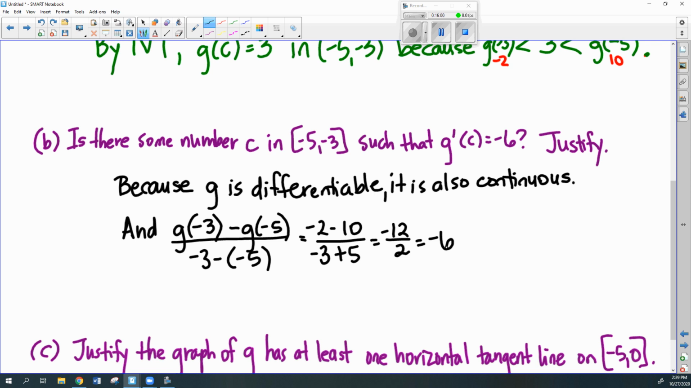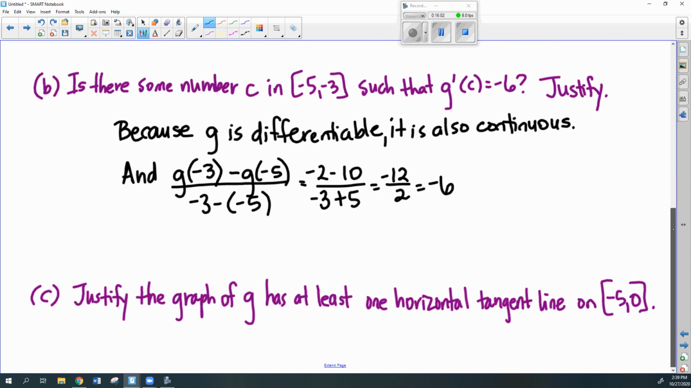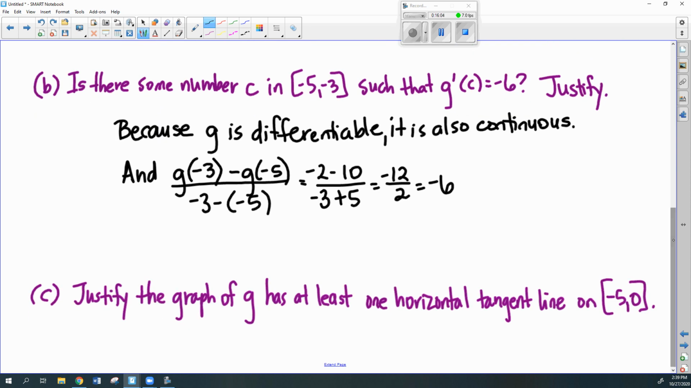So this means that my average rate of change, my difference quotient equals -6. So because g is differentiable, it's also continuous. And because we have this difference quotient equal to -6, okay,